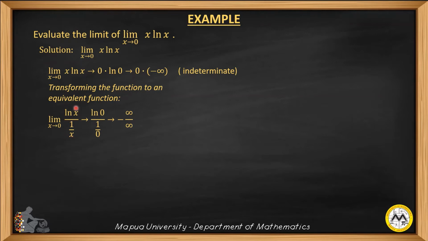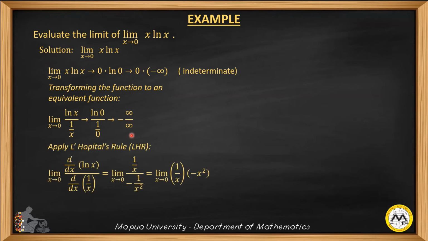Evaluating the limit of this expression as x approaches 0, we will have it in terms of ln 0 divided by 1 over 0, which is of an undefined value, assuming the form infinity over infinity. Again, this is an indeterminate form, but it is of the form wherein it is valid to use L'Hopital's rule. Hence, we now apply L'Hopital's rule,